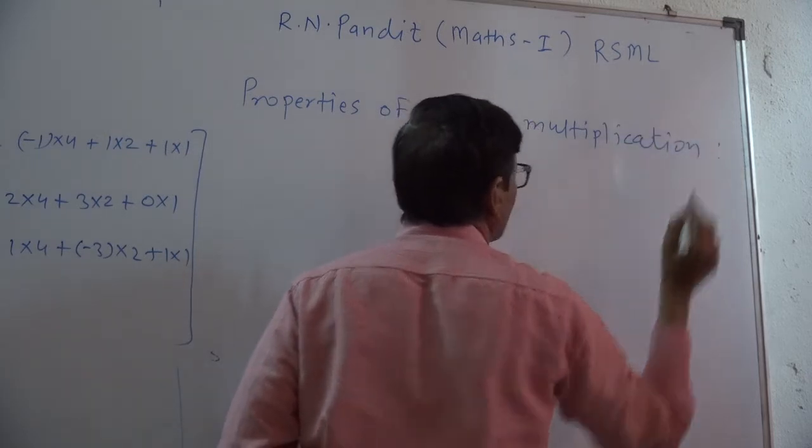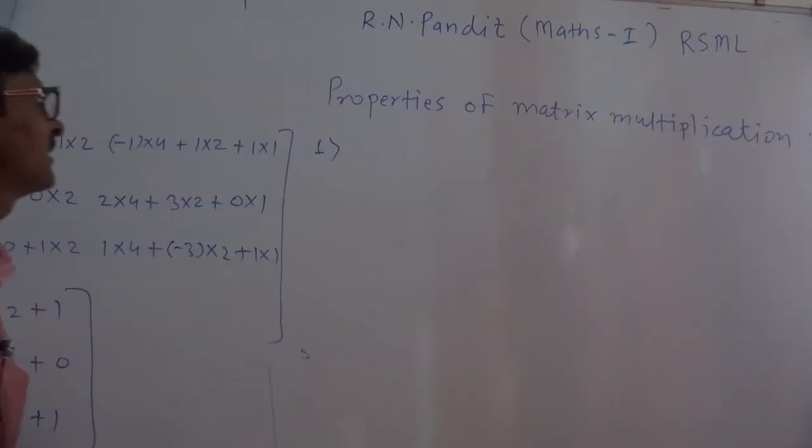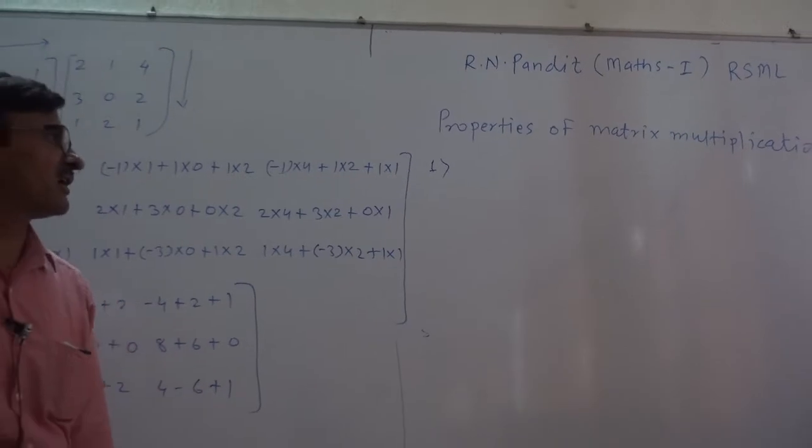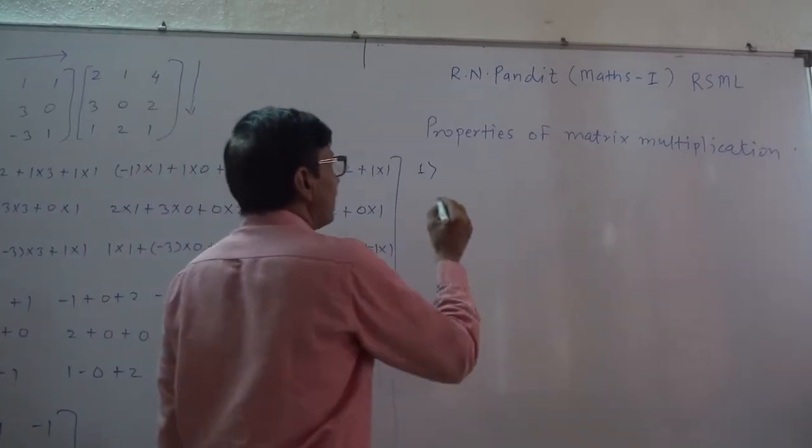Now the first property, that is, in general, we observe that matrix multiplication